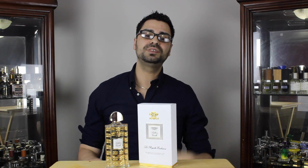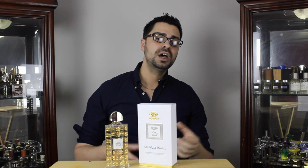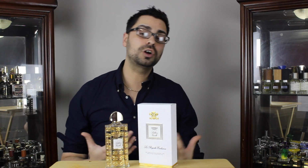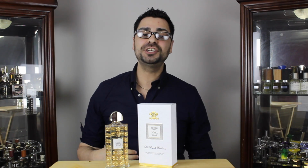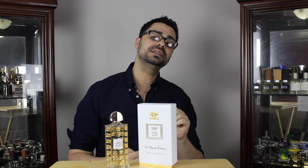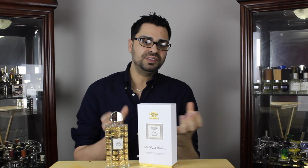Not only is there use of Tahitian vanilla bean, but there's also the use of vanilla bourbon in this fragrance. The vanilla bourbon is a much more common use in perfumery. It is used for production of natural vanillin. Both vanillas play a part in Sublime Vanille and are utilized flawlessly to give the user a great vanilla experience,